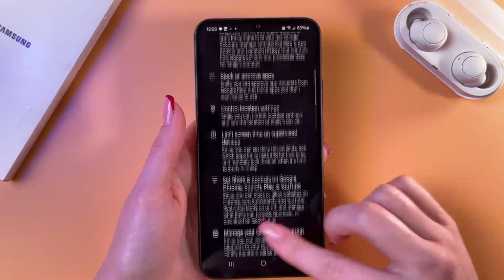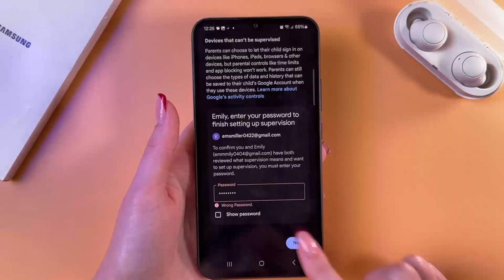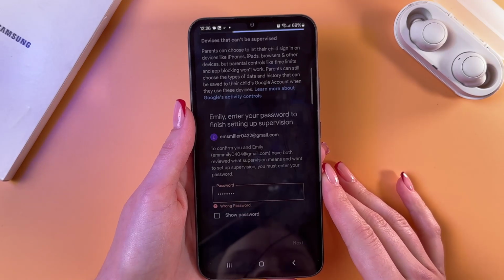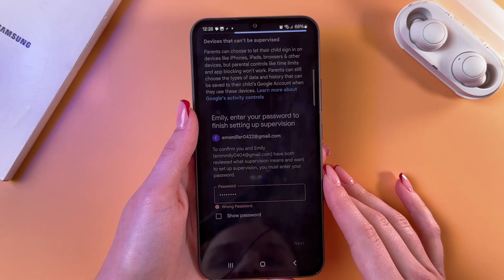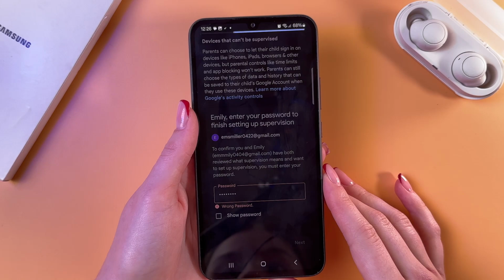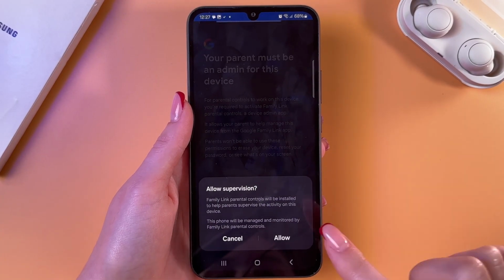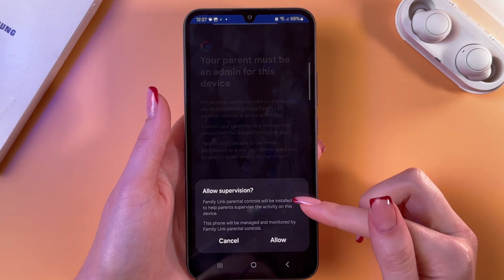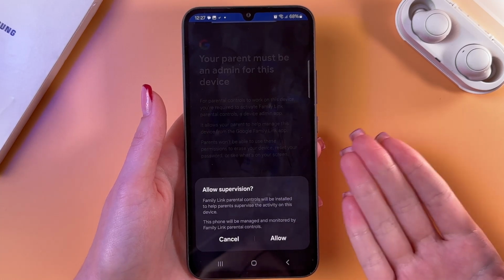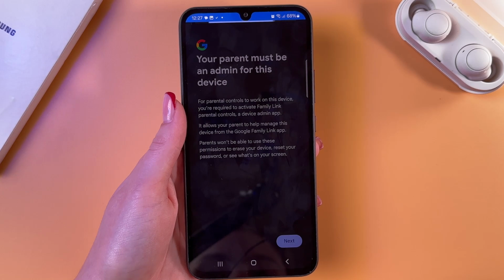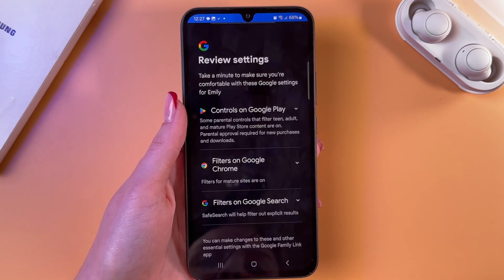Here is the information by the way. So now tap the next button to continue. Wait a few seconds till it will be loading and we can use this feature parental control. And now you can see this pop-up window to allow supervision. Here you can read instruction for this pop-up window and now just tap this allow button and we are waiting